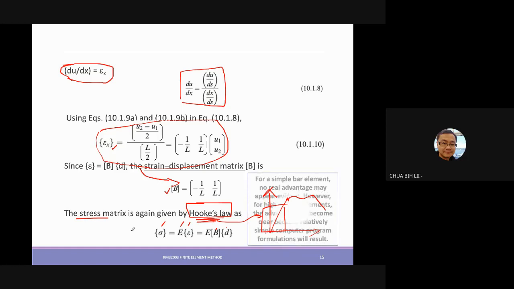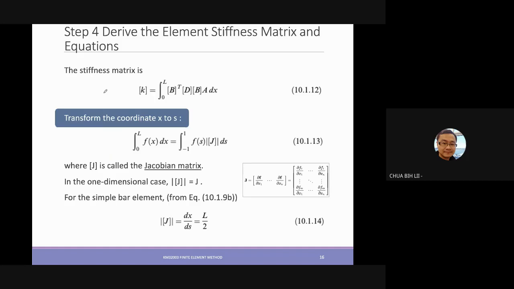For the simple bar element itself, you don't see the real advantage, because you still get the same formulations, but you have to add additional work to differentiate with respect to the natural coordinate. The benefit is not clear for a bar element,